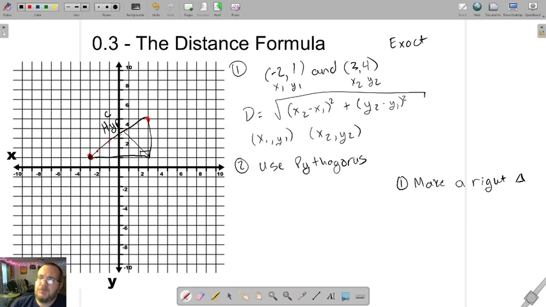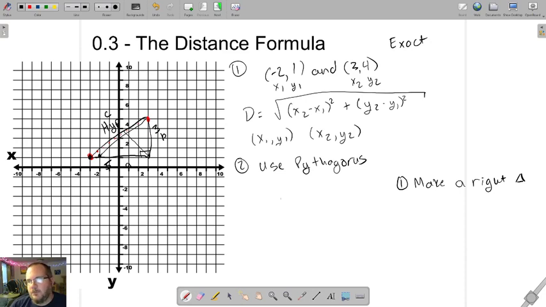that that's C. I need to find A and B, so I'm going to call this one A and this one B. It doesn't matter which is which. Now I want to find the lengths of these two sides, and the lengths of these sides is really easy to find because you can just count the boxes. So from -3, oh, I put this one in the wrong spot. This is supposed to be here. Oops. From -2 to +3 is a length of 5, and then from 1 to 4 is a length of